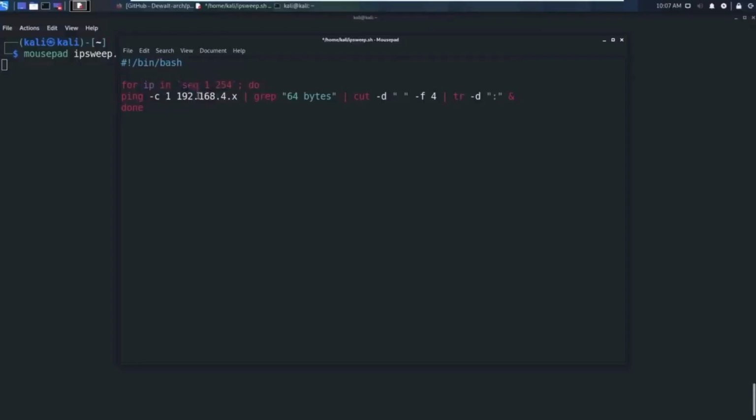What sequence is doing is saying, hey, I want to count everything from 1 to 254. So 1, 2, 3, 4, 5, 6, 7, 8, all the way to 254. This for loop means I'm going to do this every single time. So for IP in 1, for IP in 2, for IP in 3, we're going to run this command until this sequence has run 255 times. It's done. Okay, and now we're gonna say, I wanna do a count of